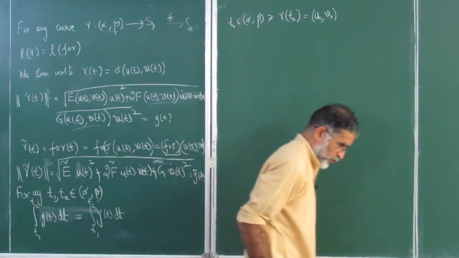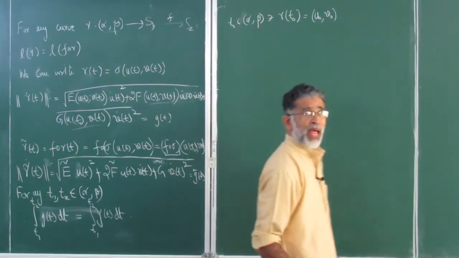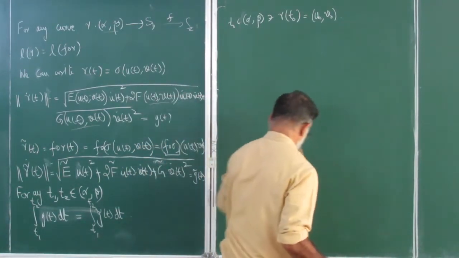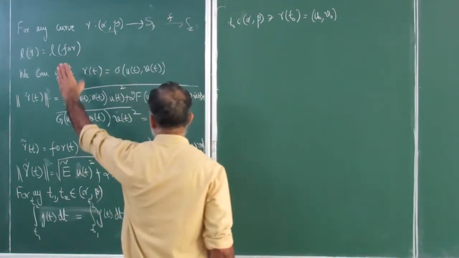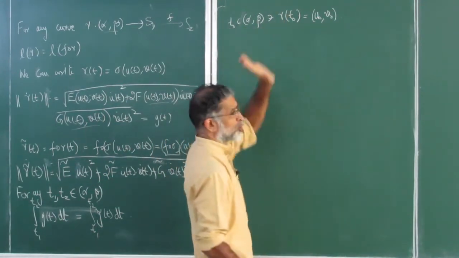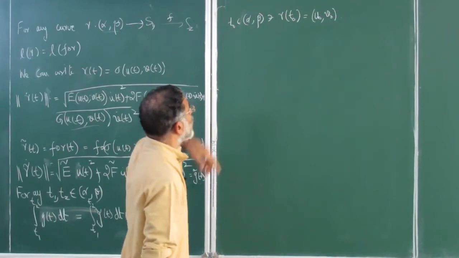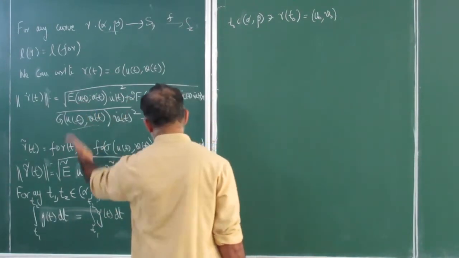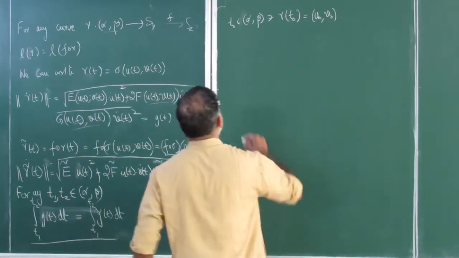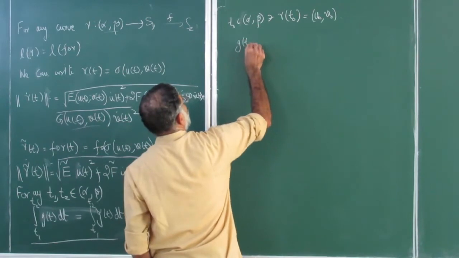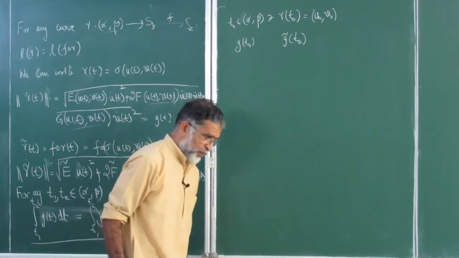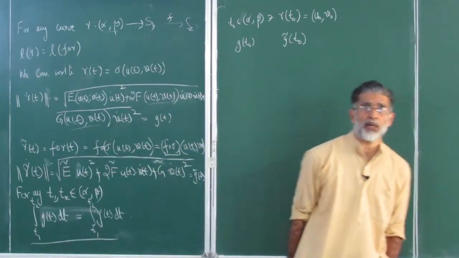Okay. So what we want to say is that at that point E equals E tilde, F equals F tilde, G equals G tilde. So you take a curve that passes through t naught for the time being, and then do the whole thing. It is given that these two integrals are equal, so we have this last expression. So look at G t naught and G tilde t naught. We would like to say that G t naught equals G tilde t naught.